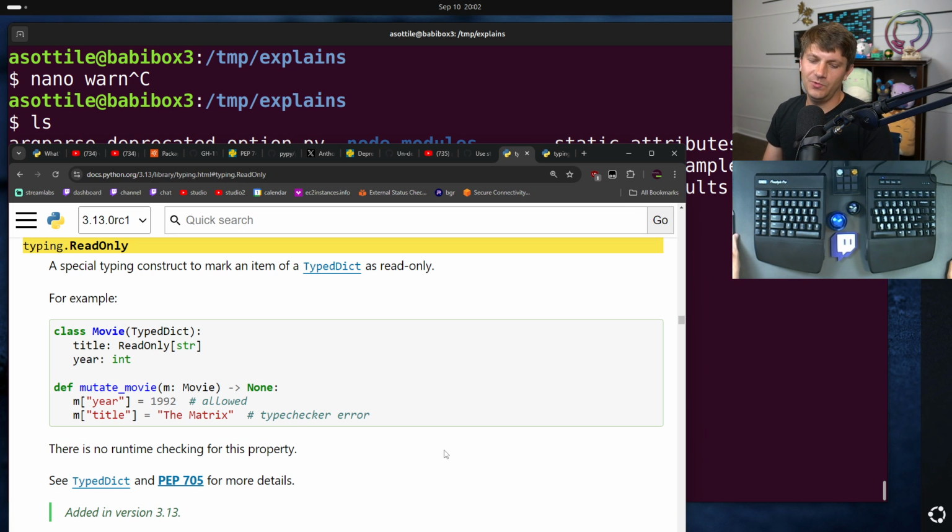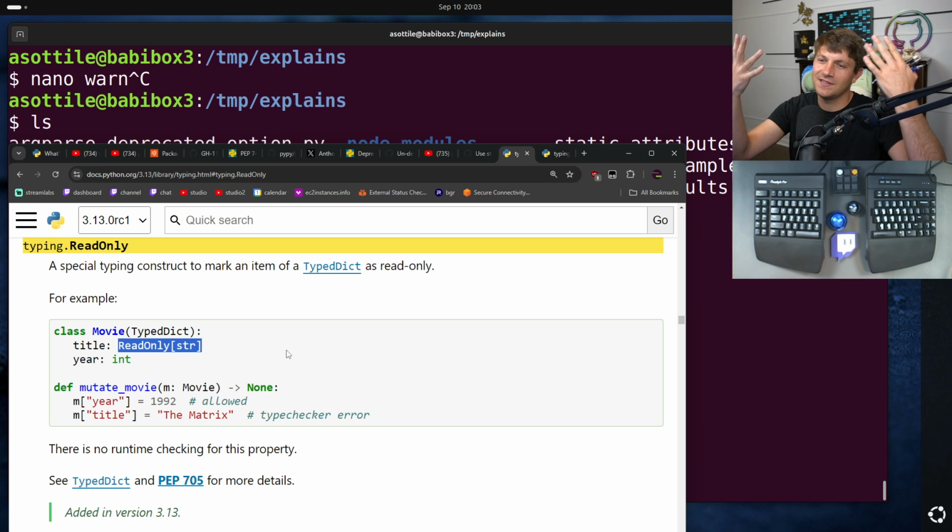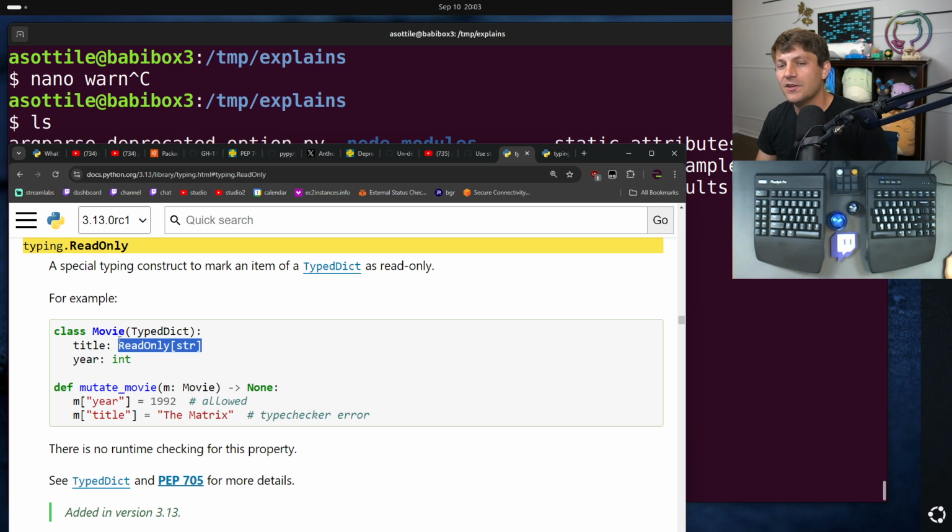One is read only. This allows you to annotate particular keys of a type dict as read only. This can be helpful if you want to enforce immutability, but the main reason that this was added is to allow variants for type dicts, because type dicts by default are mutable, and so if you had something that only cares about the immutability of a particular key, you couldn't pass in 2 different type dicts that fit that same interface. But now that you can mark things read only,